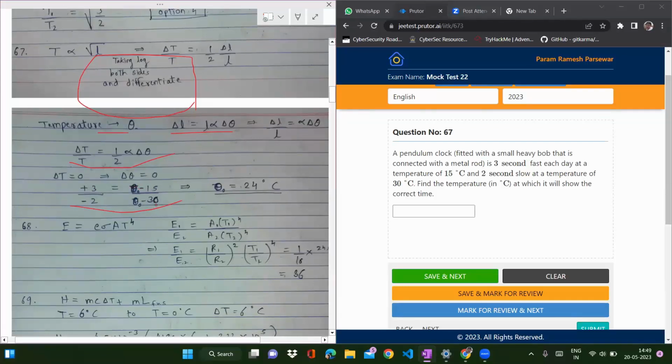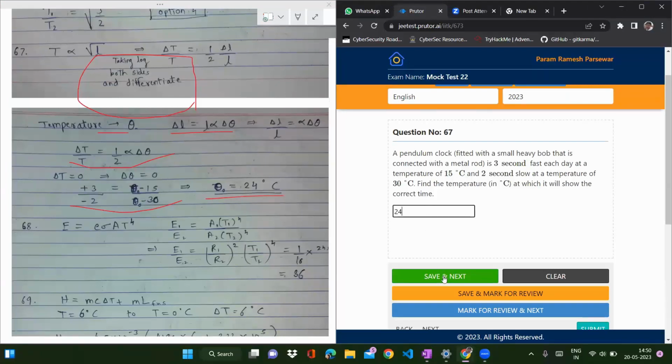Theta naught is taken to be the temperature where the clock is 0 seconds faster or 0 seconds slow, meaning it has no error, it is accurate. So delta theta will be theta naught minus 15 and theta naught minus 30 for the respective cases. And from this equation, we get that theta equals